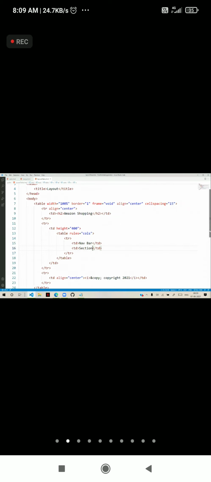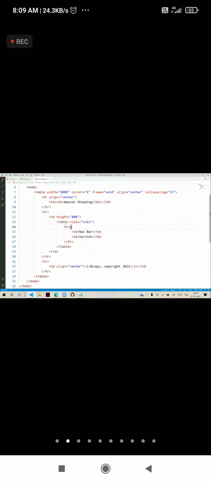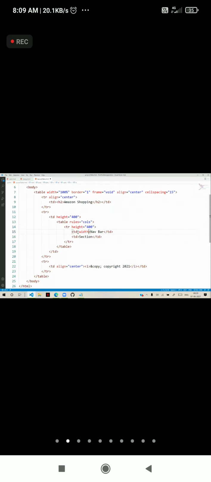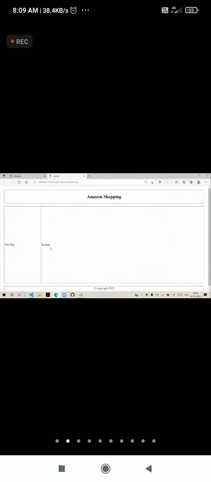And observe here, in that row the height is equal to 400. And you can see the row height is adjusted. And for the nav bar, this width I am giving as 200. It will be 200 for that. I can display a navigation bar here. I can display some iframe here.